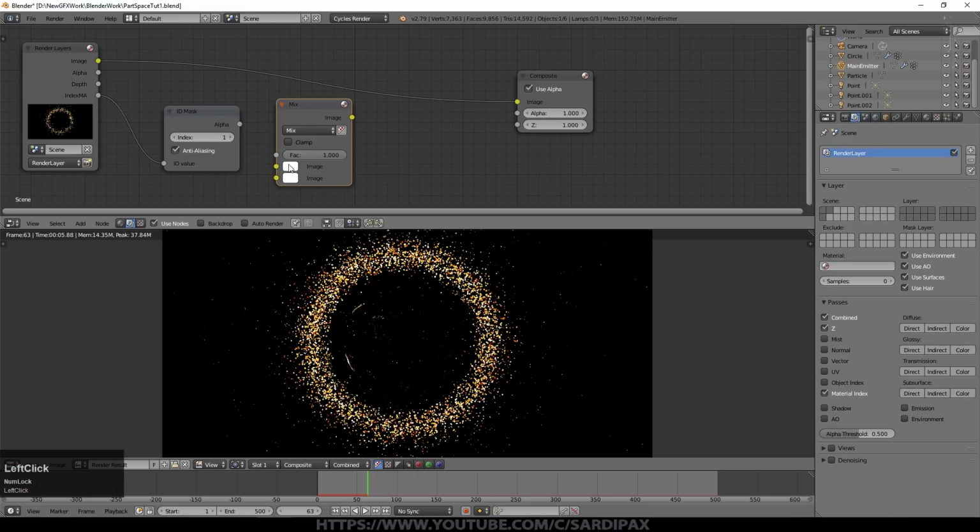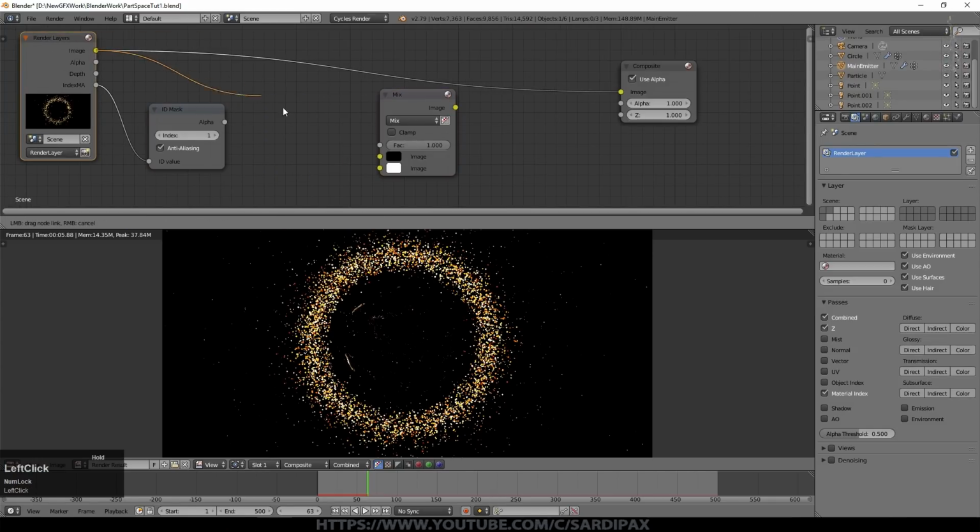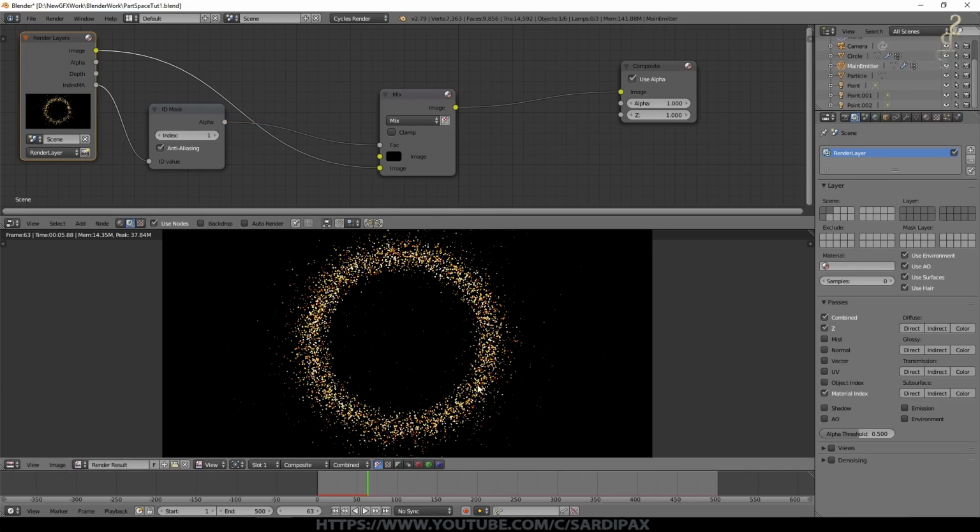So I'll put my image back into the output, and I'm going to add a color mix node. On the top I'm going to make it just completely black. Onto the bottom I'm going to put our image, so let's take that out. It doesn't look any different at the moment, but I'm going to take my ID mask and put that at the top. And what you should have seen is all the stars disappeared. This doesn't work 100% with backgrounds, but it works sufficiently well. So essentially I've filtered out everything except for the particles.